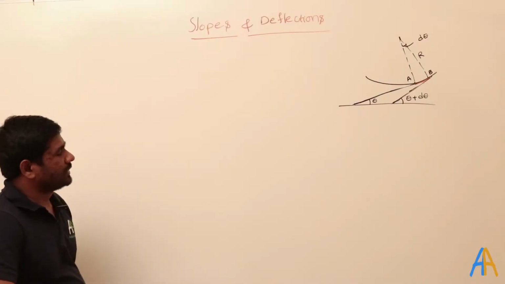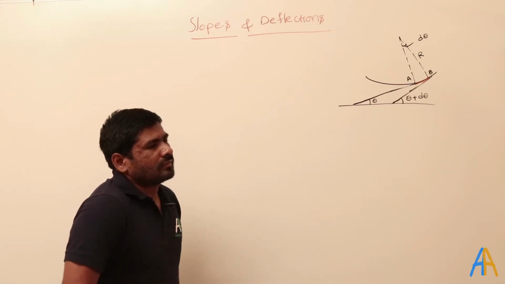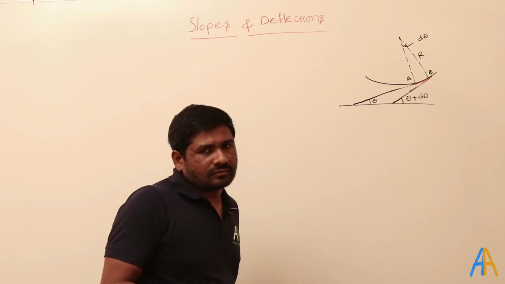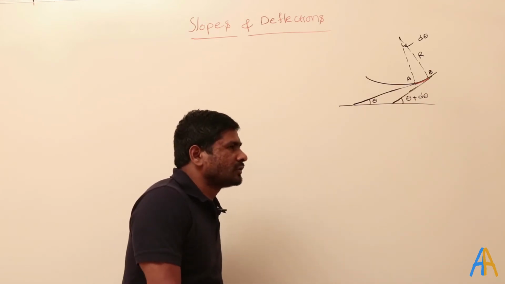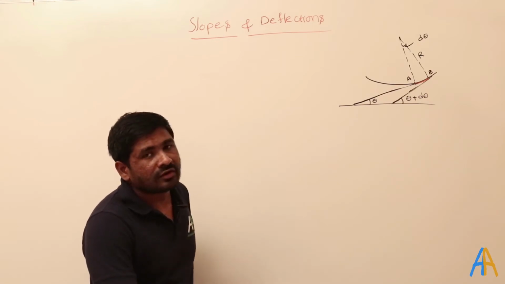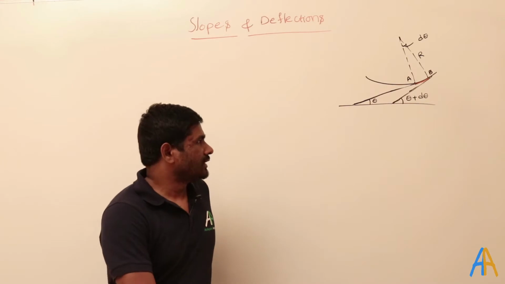That double integration method. One of the methods is double integration, and how to derive that equation or relation. What we are trying to do is find the slope and the deflection. So we want to find the relation in terms of y and x. Where is the y and where is the x?